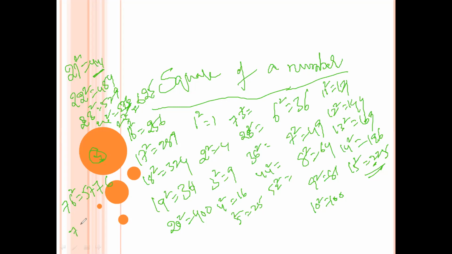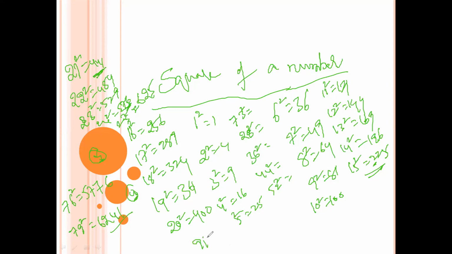Now 79 square. Once again here we compare with 100. 100 minus 79 is 21. 21 square is 441. We write the last 2 digits here, 41. 4 is carry. 21 times 2 is 42. Subtract 42 from 100. 100 minus 42 is 58. 58 plus 4 is 62. So 6241.